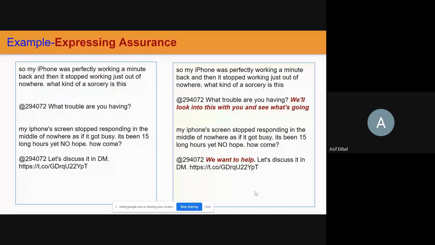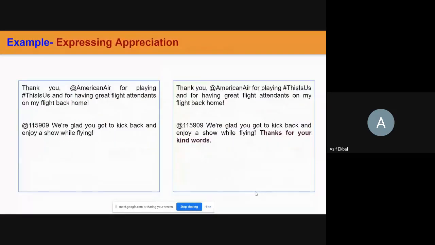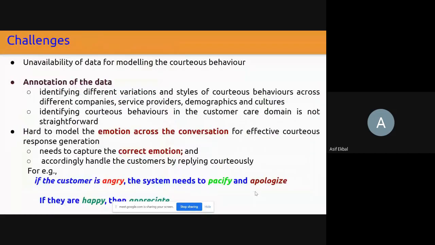Then again, some other examples. For expressing assurance and empathy, there are many situations where you will see that if the response is more empathetic, and if there is a kind of assurance from the agent, then the customer will be very happy. And we wanted to introduce these during the interactions. We want to build this kind of feature into the model to make it more human-like, more polite. Okay. So now when we tried to do that, we did not have, as I mentioned, we got the tweet